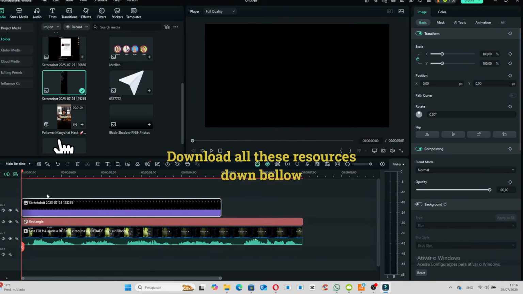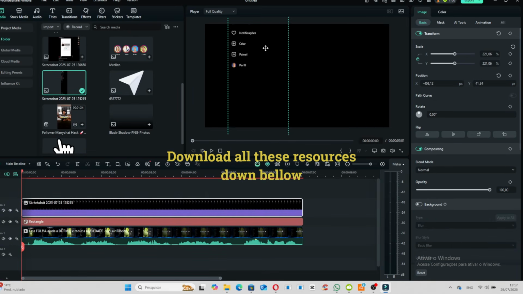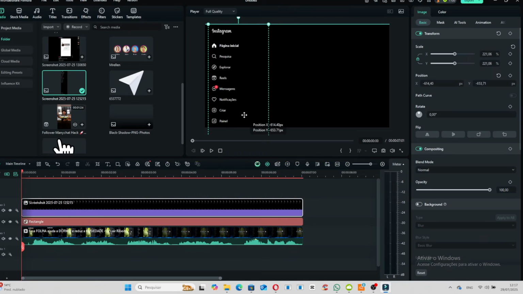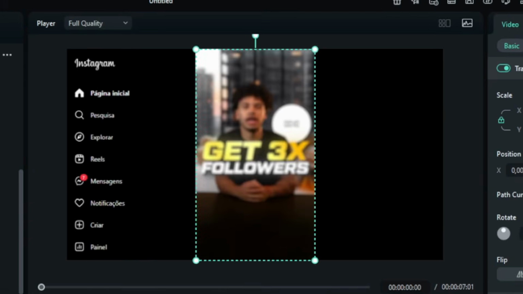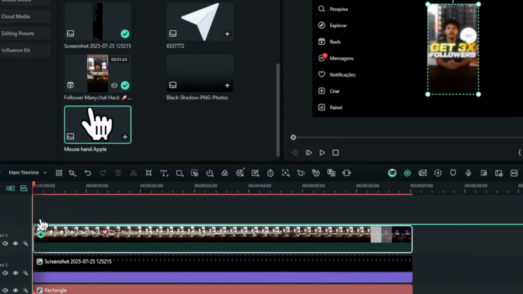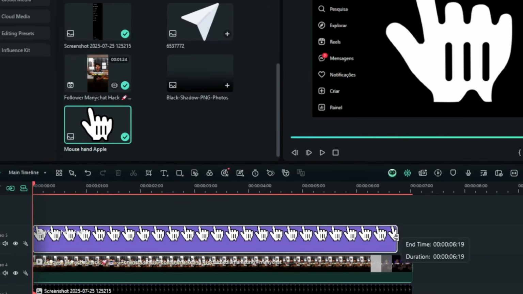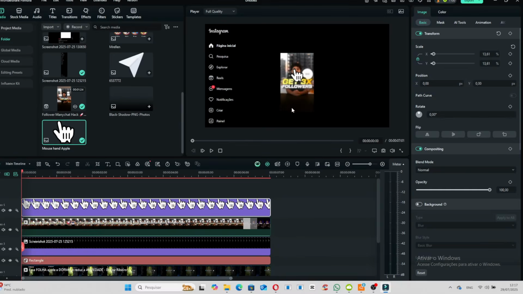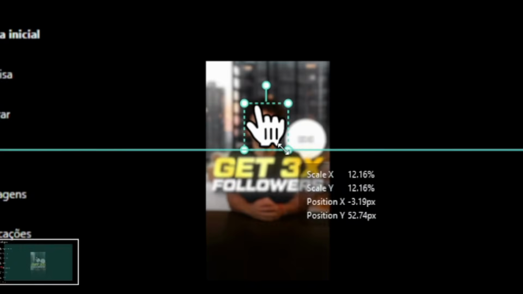And now to make this animation even better, drop the screenshot, make it longer and adjust the scale like this. Drop the video that you want into the timeline and then you're gonna scale it down to match Instagram feed like this. Then you simply drop the mouse icon to the timeline and make it longer. Scale down the mouse and then you just adjust the position just like what I'm doing so we can start